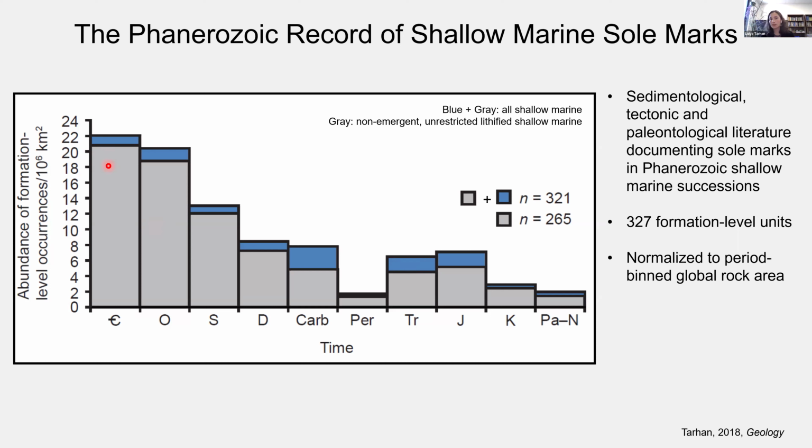And I should note that this trend is robust against a variety of normalization tools. Here I'm showing the abundance of these units normalized to outcrop area. We see the same pattern if we normalize to rock volume or to the duration of our geologic time bins. So this would suggest that ancient bioturbators didn't initially start to really modify the rheology of ancient seafloor sediments during this initial, more sluggish ramp up in bioturbation intensity, but presumably eventually they did indeed start to increase the erodibility and the soupiness of uppermost seafloor sediments.